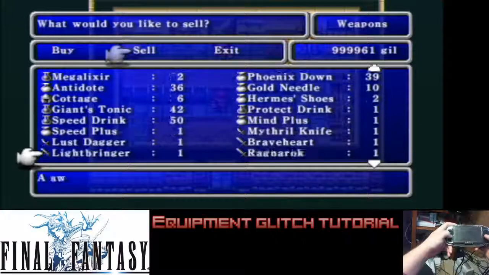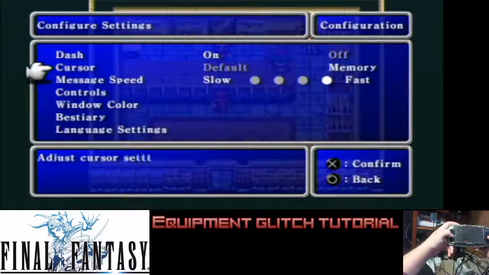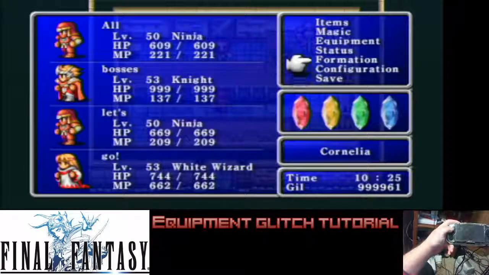So I'm actually going to sell... actually, not. There's too much to sell. So with your cursor on memory, you can turn on your auto dash and message speed to fast at the same time. But with your cursor on memory...